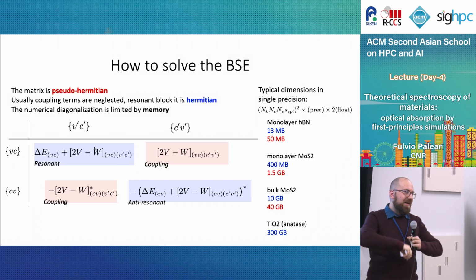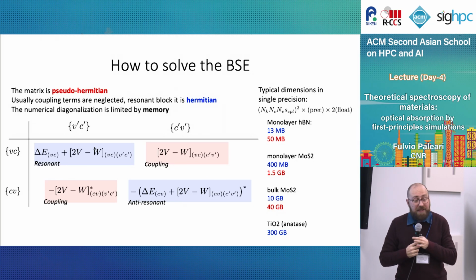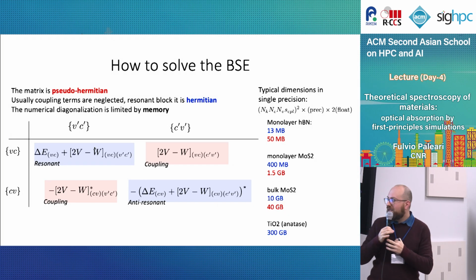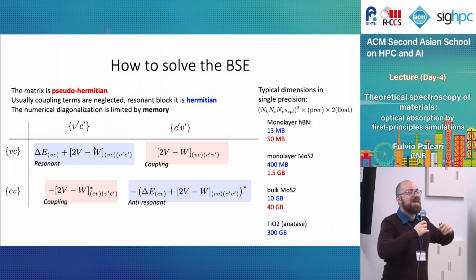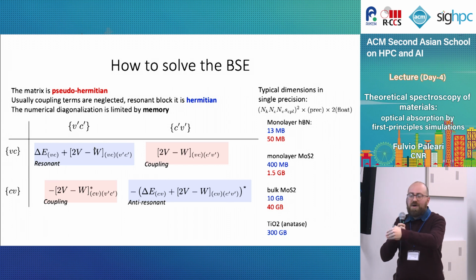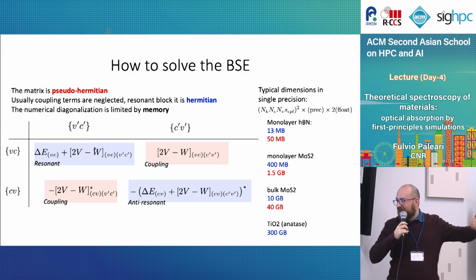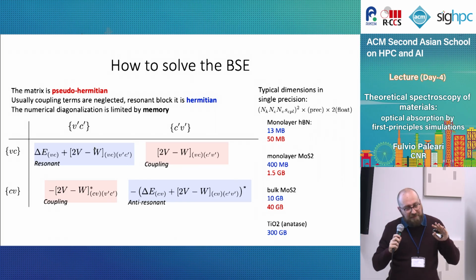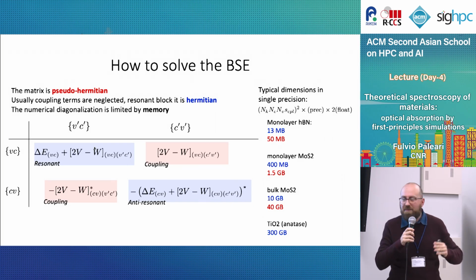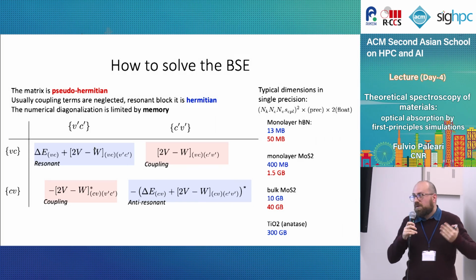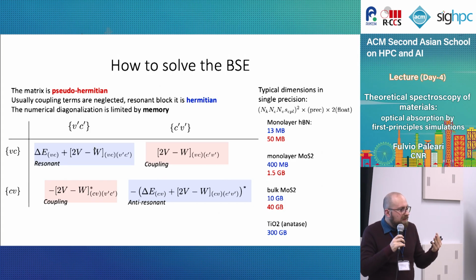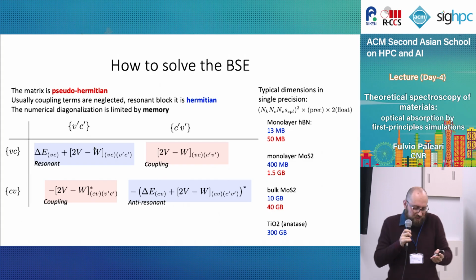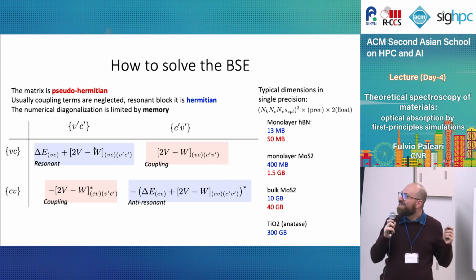What if we go to even larger systems? For example, titania, TiO2 anatase phase. Even in the resonant case, we already have 300 gigabytes of matrix, okay? And then if you add defects, if you add atoms, it becomes larger and larger. So this is to show that typically this type of calculation is limited by memory constraints, not really by time to compute, especially on GPU. That is not really the problem. The problem is, can I load so much? And this is what we want to solve, basically.